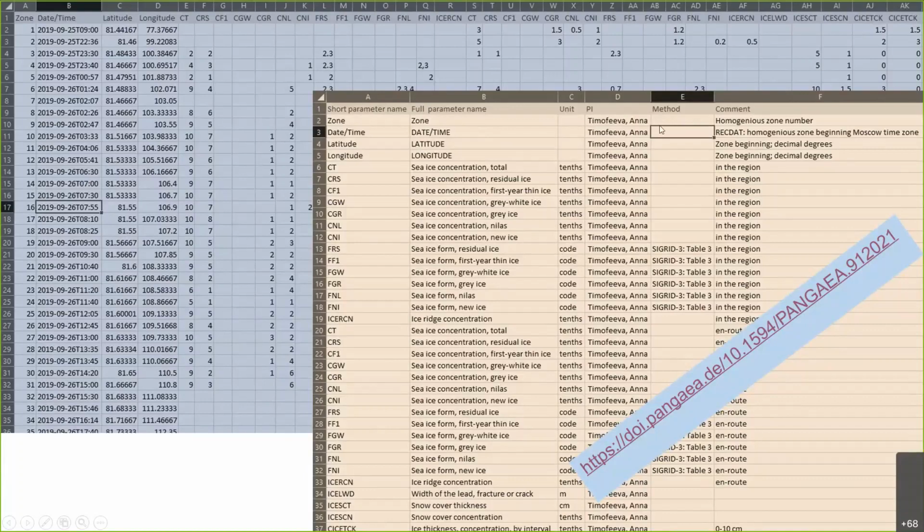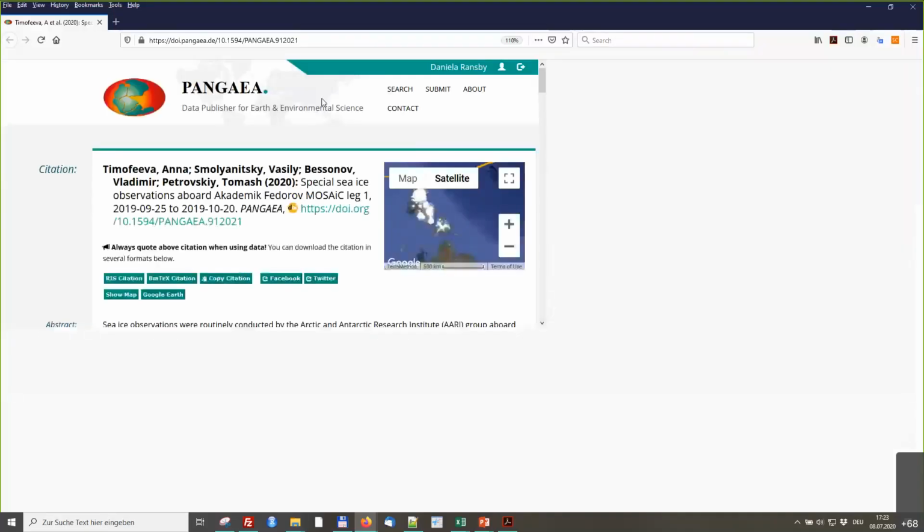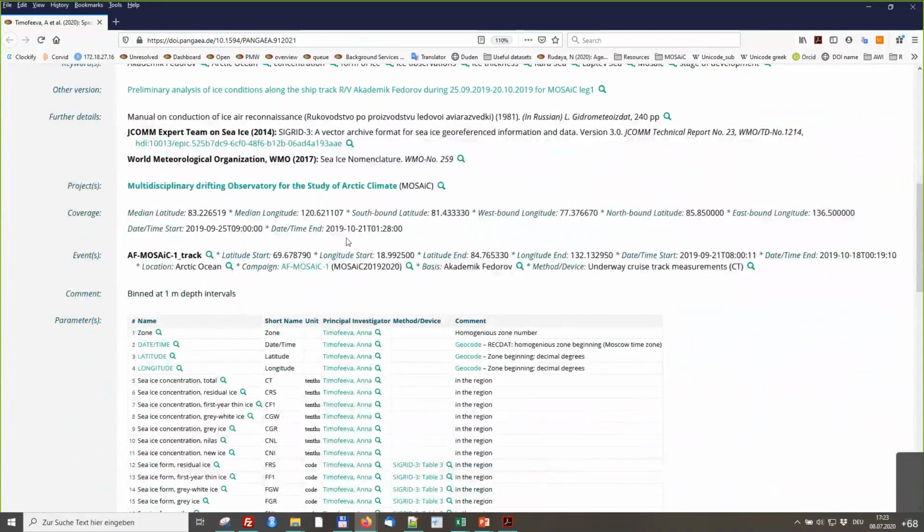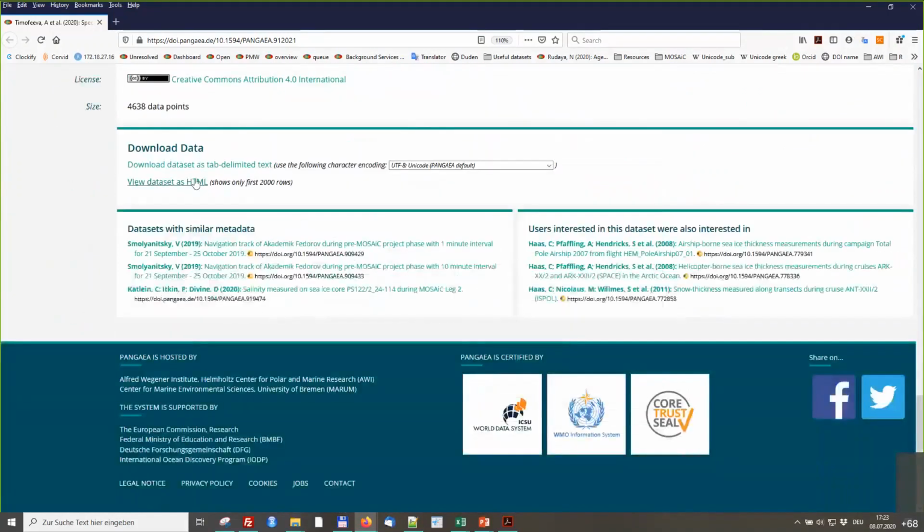For each parameter, we also need, or prefer, to add a method, and it is possible to add a comment. So I'll just click on this link and show you, hopefully you will see my browser window, what such a dataset looks like in PANGAEA. So this is actually the first tabular MOSAiC dataset published in PANGAEA open access already. So if you scroll down, you can see the values.